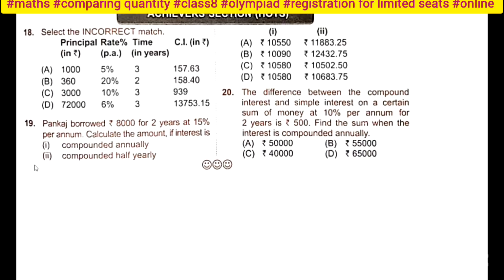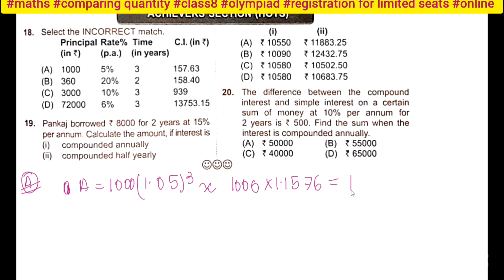So I will check it, that first, in A, I have 1000, so I'm directly putting the values in the formula. Okay, A is given, I have to calculate the value of A, that is 1000 times 1 plus 5 by 100, so it will become 1.05 to the power 3, or I can say it is approximately 1000 into 1.1576, or I can say its value is 1157.63. Okay, so CI is given, CI is given, or you can say it as how much?